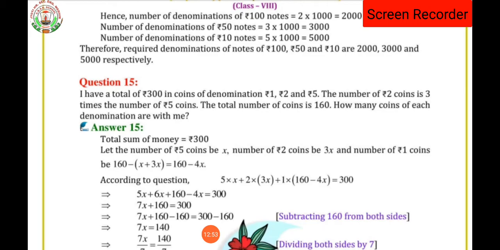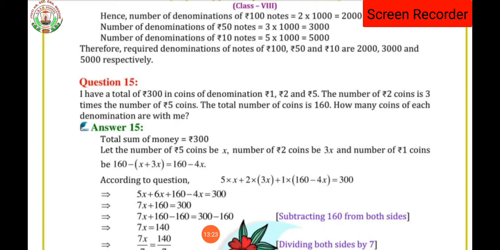I have a total of rupees 300 in coins. That means the total coin value I am having is 300 rupees, in the denominations of rupees 1, rupees 2 and rupees 5. That means the 300 rupees I am having contains 1 rupee coins, 2 rupee coins and 5 rupee coins. The number of 2 rupee coins is 3 times the number of 5 rupee coins and the total number